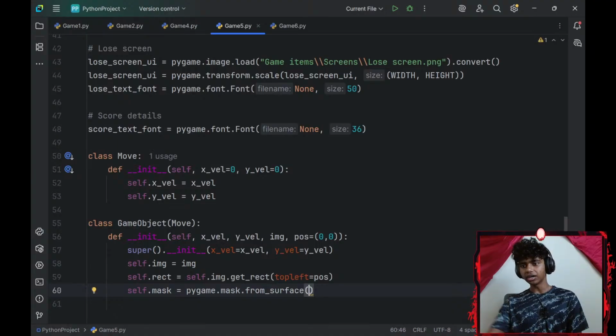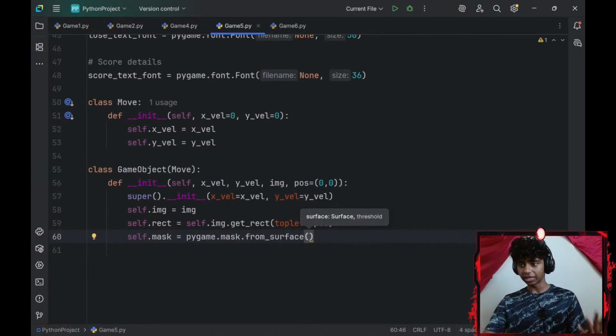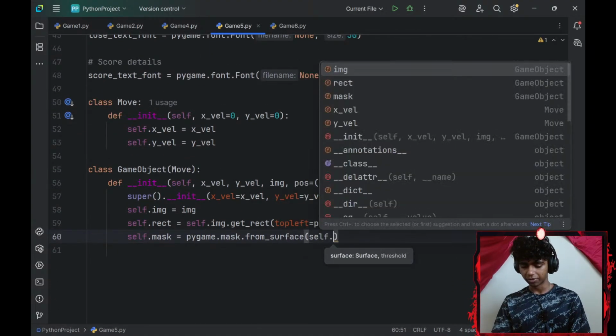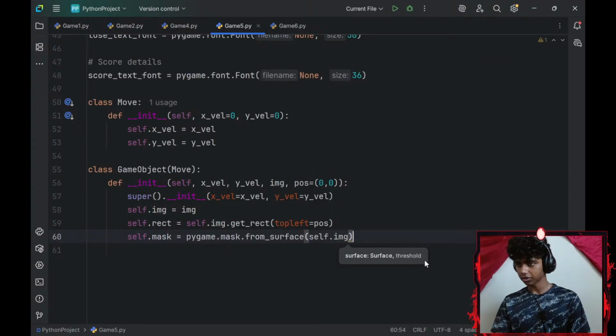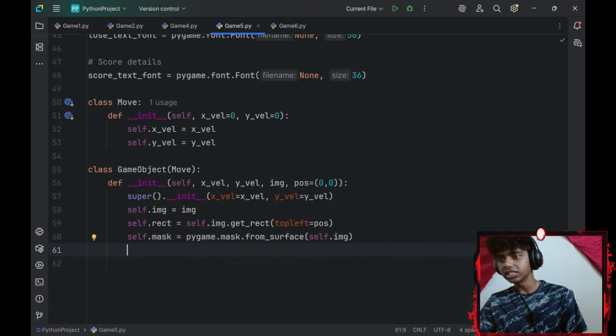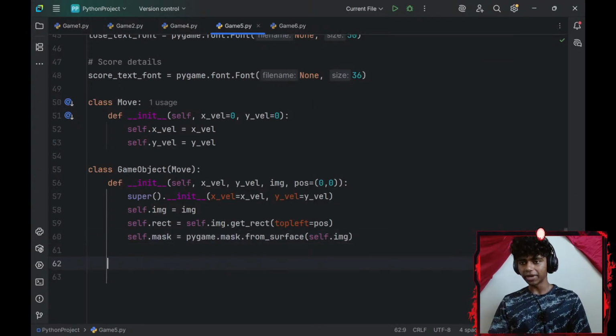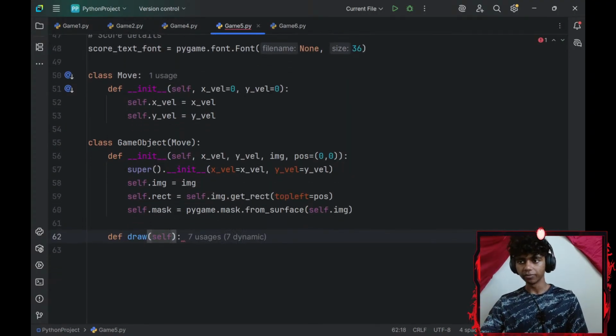Okay, that aside, self.mask is going to be equal to pygame.mask.from_surface. My surface will be my self.image. Okay, and then let's see. That's honestly basically it. I will have a draw method as well,